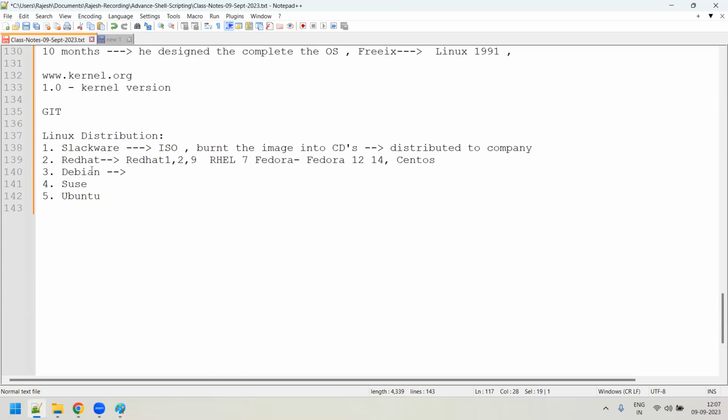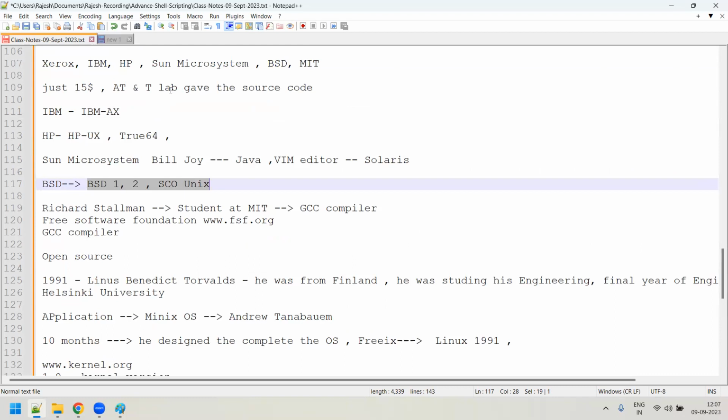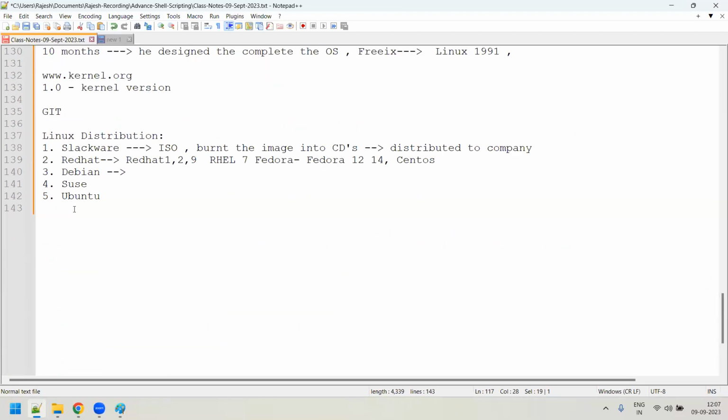Now you see in today's world, at this current time, nobody is using Unix. You will not find anyone using Unix or BSD, Berkeley distribution Unix, or SCO Unix or some other Unix operating system. They are not using them at all because no development is going on. Nobody is even maintaining those things. So it is almost gone because Linux has grabbed the whole world actually. Whatever things were missing, whatever new features people need, you will get everything on Linux itself.